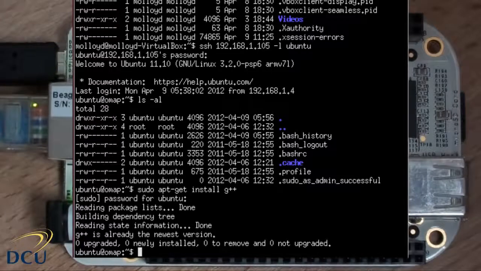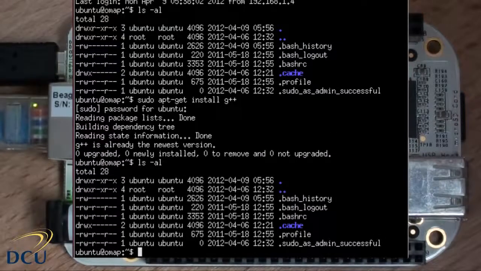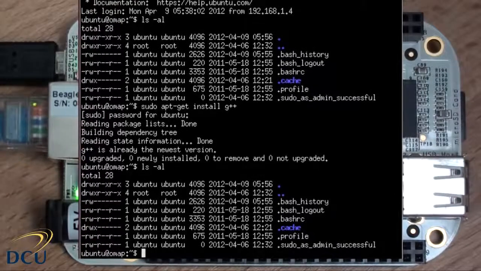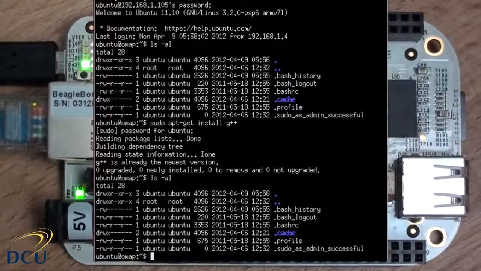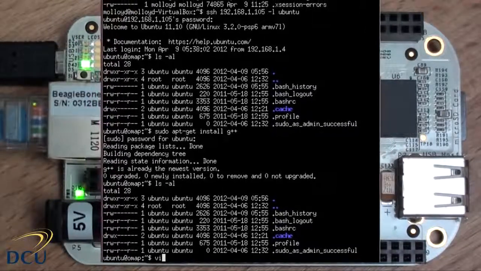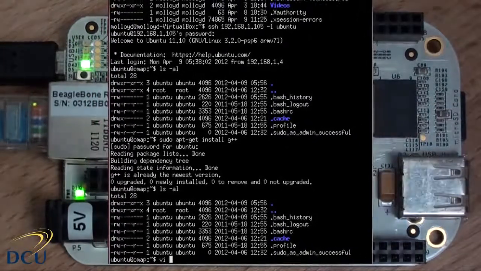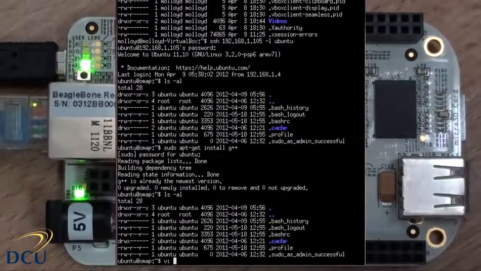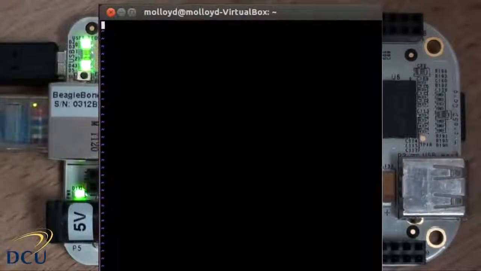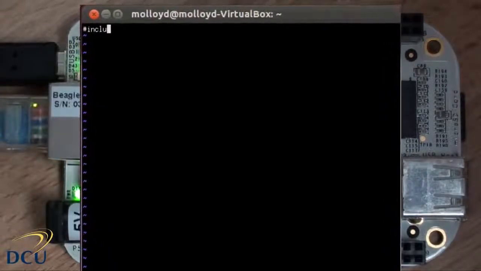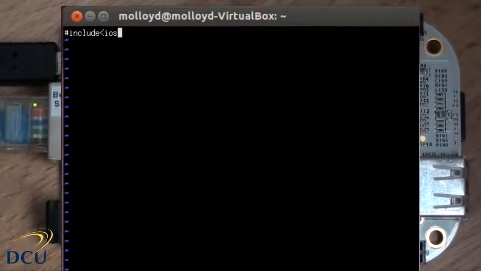Okay, so now once we have that installed, we need to edit the application. This is where it becomes quite tricky, because we have to use something like vi. And vi is a text editor that we can use directly in the terminal. So we can say vi, and we just call, I'll just do it in the root now. Perhaps I shouldn't, but let's just do it in the root. test.cpp, #include <iostream>